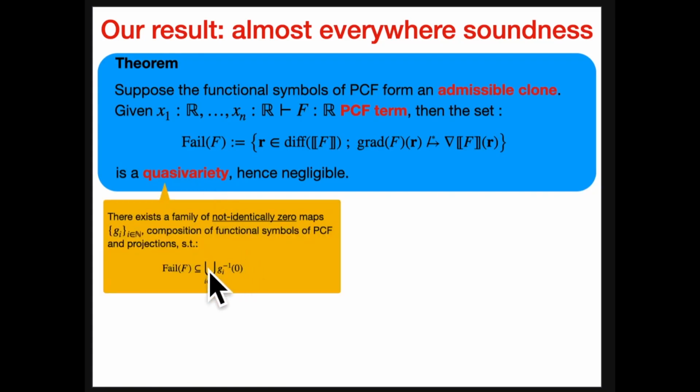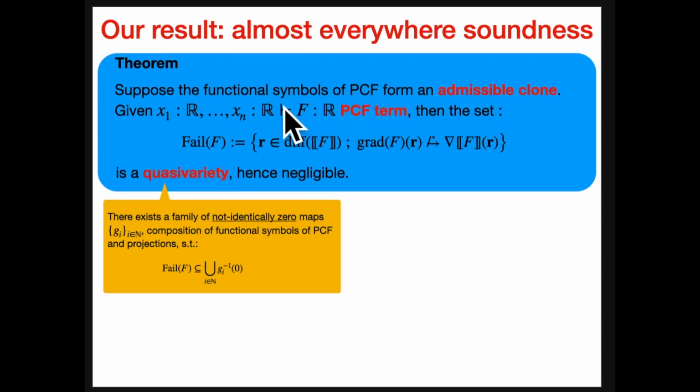and I sketch the definition here, which is ours. So a quasi-variety is a subset of a countable union of zero sets of maps which are not identically zero and which are compositions of the functional symbols appearing in PCF. Okay, so this notion is parametric on the functional symbols in PCF. And then concluding negligibility from a quasi-variety, we need